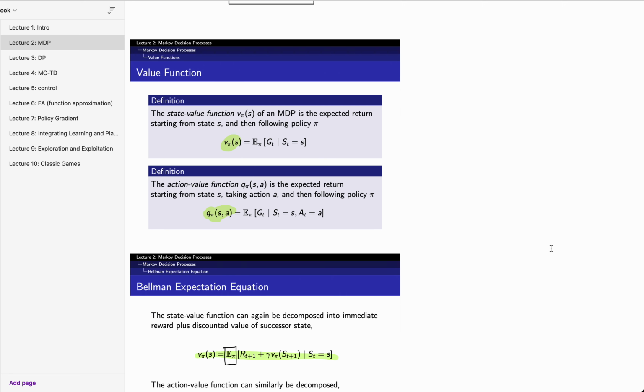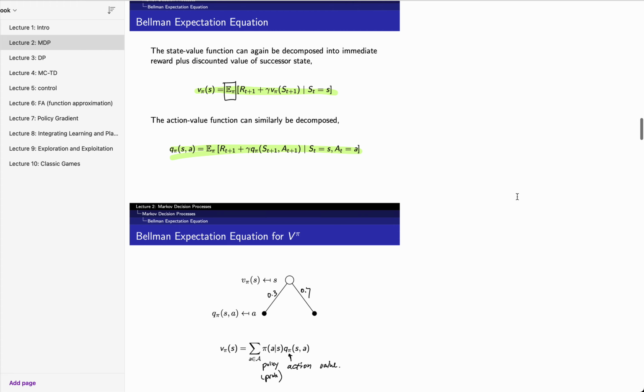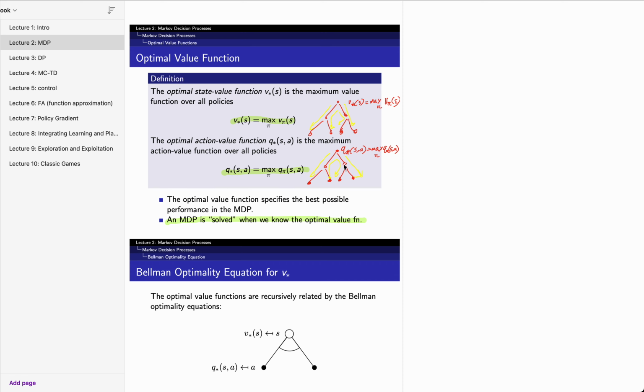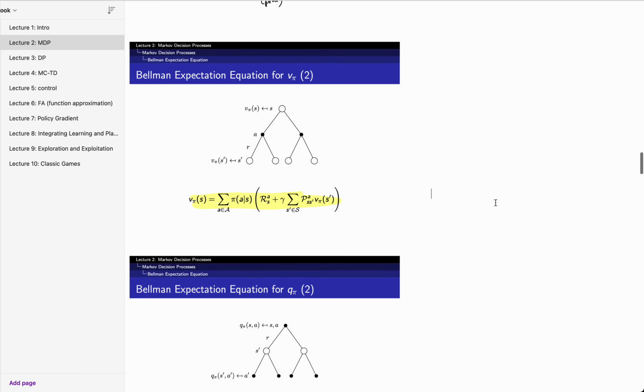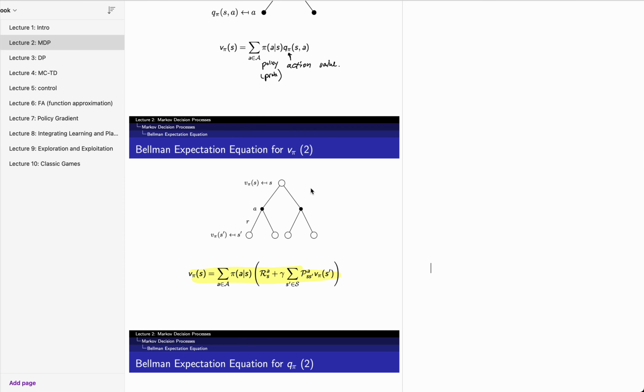We also defined two value functions called state value functions, given just a state, and action value functions, given both state and actions. The lectures talk about Bellman expectation equations and Bellman optimality equations, which is basically just finding the best value functions throughout the tree branches. And we're going to use this to find out what is the next action to take,